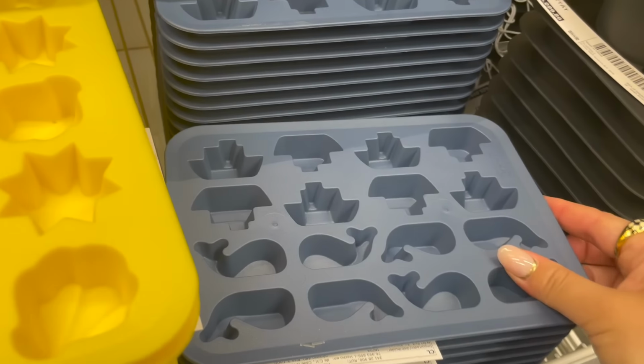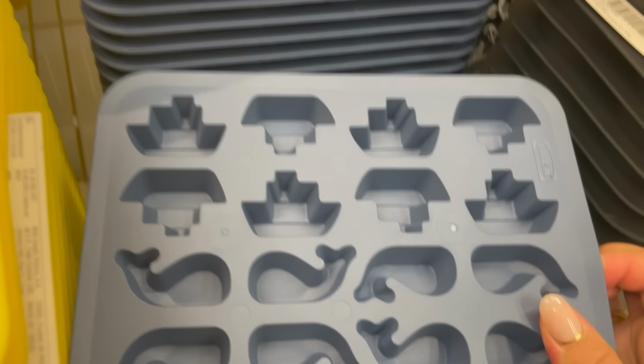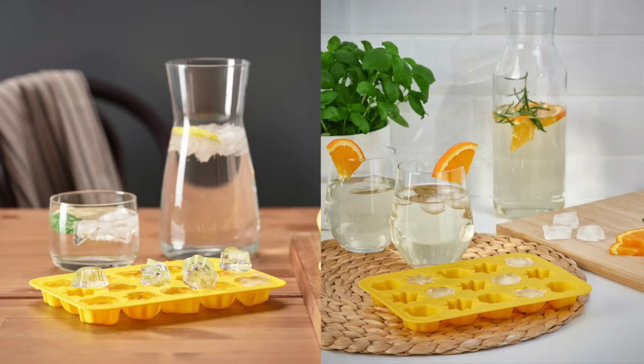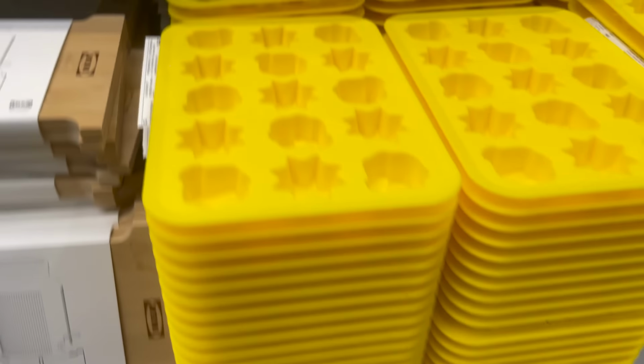The shape also works well for freezing puree food. They are designed in such a way that ice cubes can easily fall out effortlessly, so they won't get stuck like other trays. The bright yellow makes the tray also easy to find, whether it's stored in the freezer or